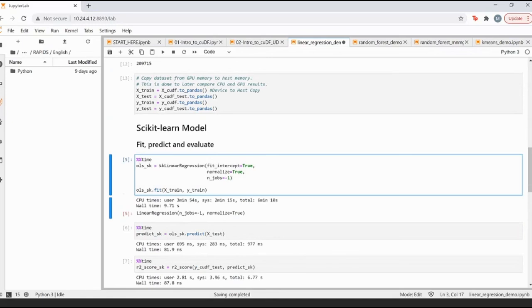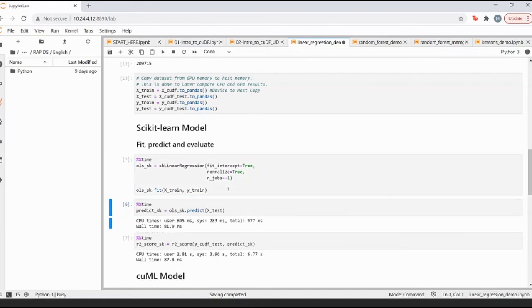Now I've imported the sklearn linear regression. That means I'm going to apply linear regression on top of all of these elements using the scikit-learn version of it, which will run on top of CPUs. And when I say n_jobs equals -1, that means it's going to take all of the CPU cores that it has. I'm not doing the comparison across one core and one GPU. It's across all the cores and one GPU. So it takes about 3 minutes. Let's try to run this.